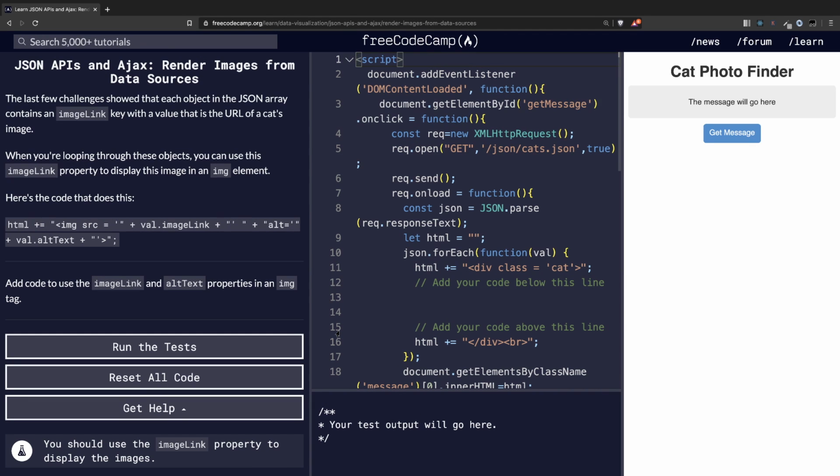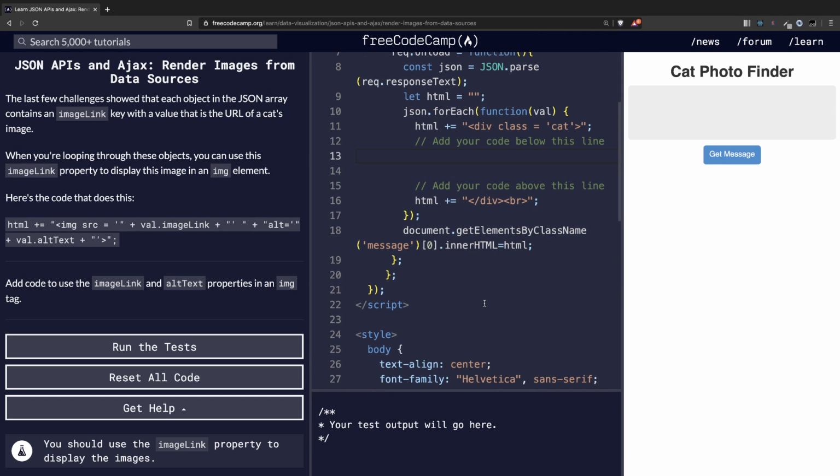Render images from data sources. The last few challenges showed that each object in the JSON array contains an image link. Well, yeah, basically that's also using the data we have. Add code to use the image link and all text properties in an image tag. We're